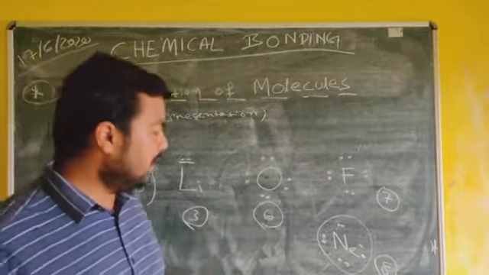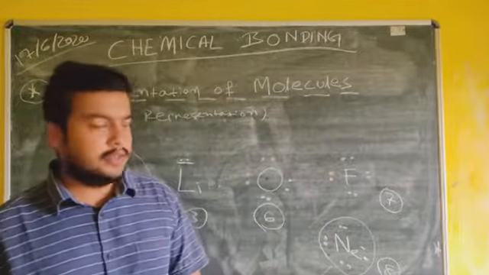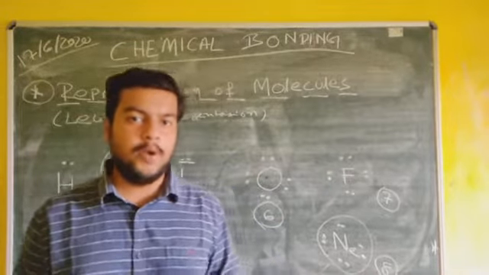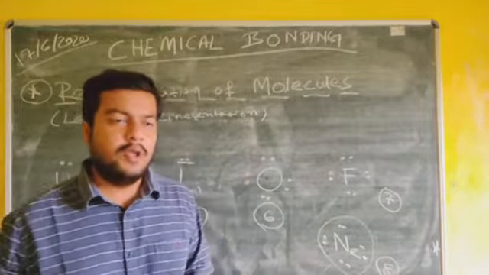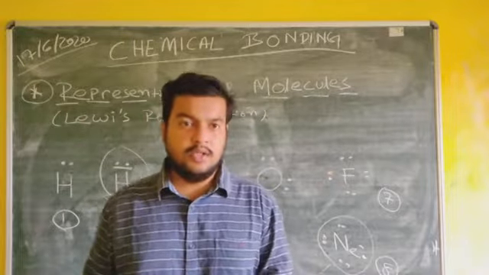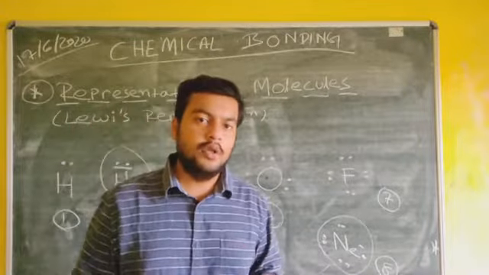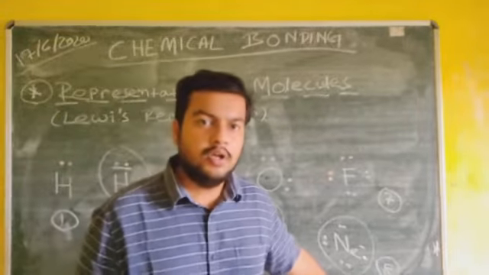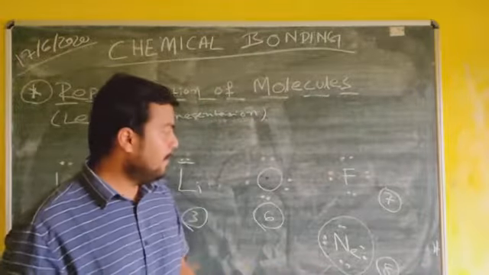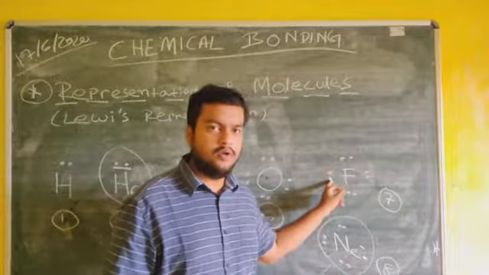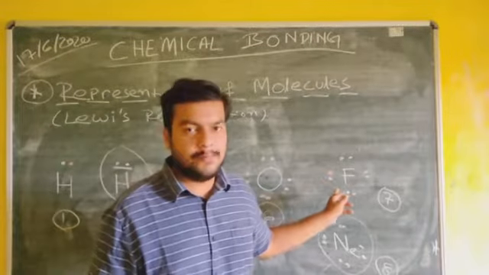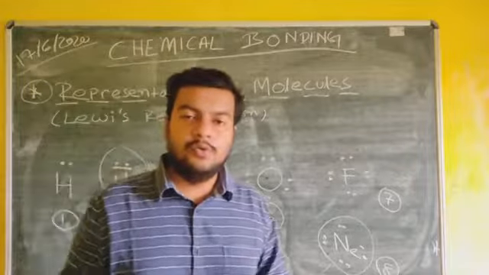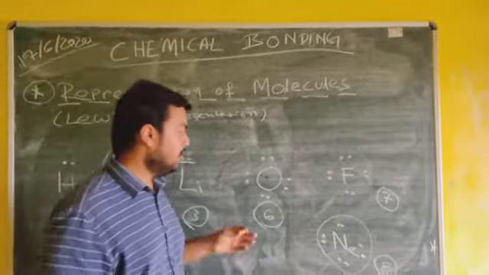So if we look at the periodic table, then neon gas, helium gas, these belong to the noble gas group or group 18, that are non-reactive because they do not react with other atoms or other molecules, because they have completed their octet. They don't need to form a chemical bond or form a molecule. But here fluorine needs to form a molecule. It needs 1 electron to complete its octet. For oxygen we need 2 electrons. For lithium, if it loses 1 electron, then it will complete its octet.